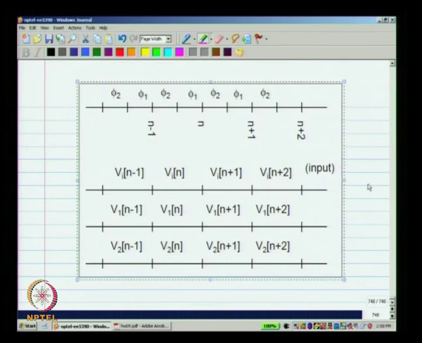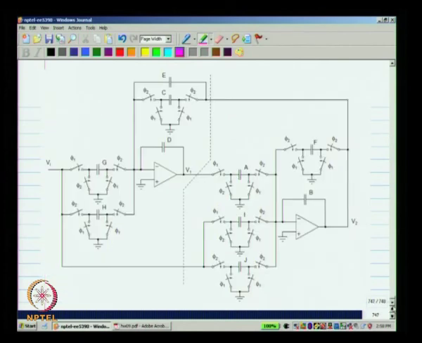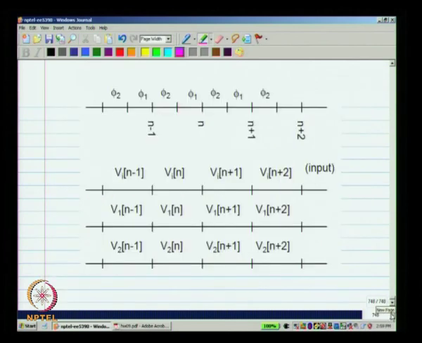Now, let us assume that the timing of the filter is like this. You have the n minus 1th sampling instant, nth sampling instant and so on, and the change of output occurs on phase phi 2. You see here that in phi 2 the output V1 will change, and also in phi 2 the output V2 changes. So, defining the input voltage V1 and V2 like this, you can write out the difference equations. Please take this as an exercise and do it for yourself and see that it is consistent with the answer that I am going to show you. It is a valuable exercise in trying to analyze switched capacitor circuits.